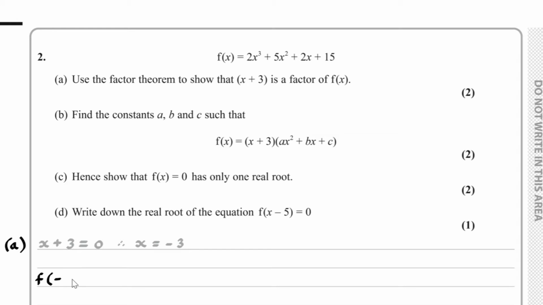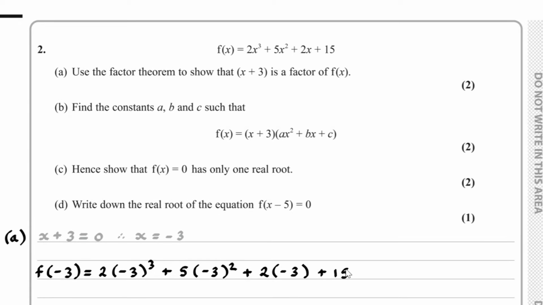And so f of negative 3, we have 2 multiplied by negative 3 cubed plus 5 multiplied by negative 3 squared plus 2 multiplied by negative 3